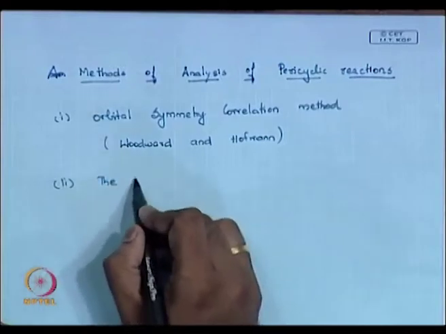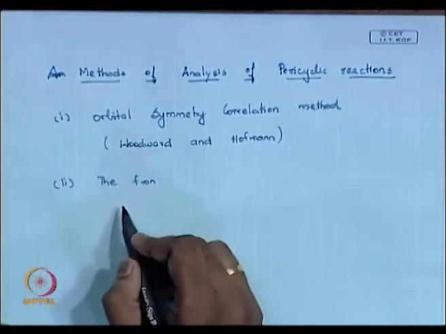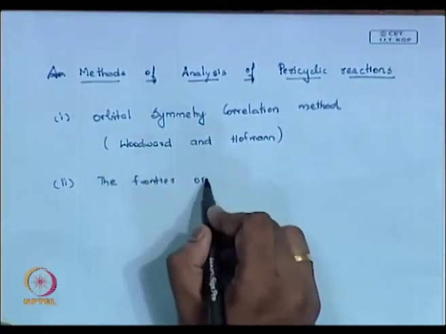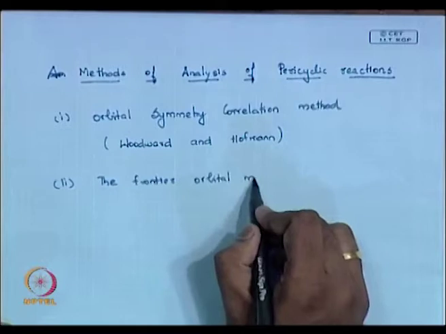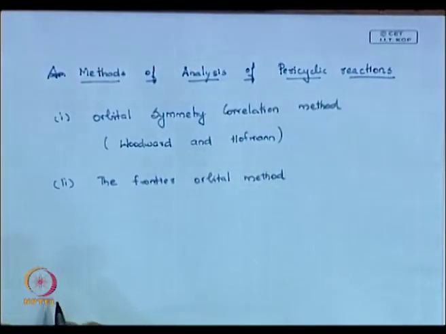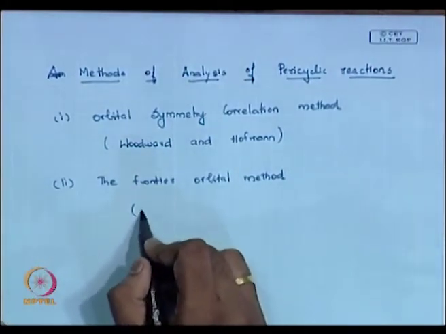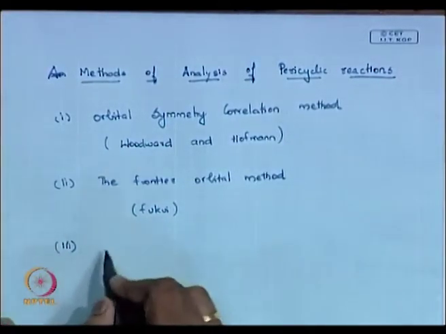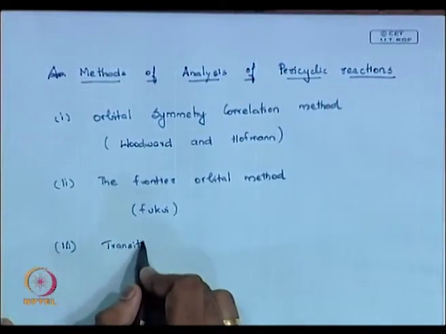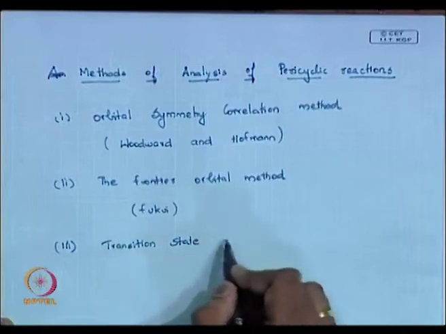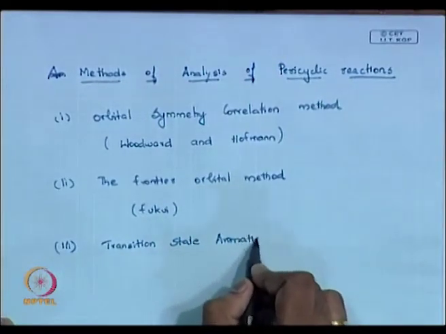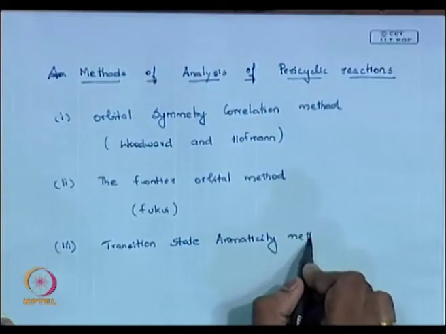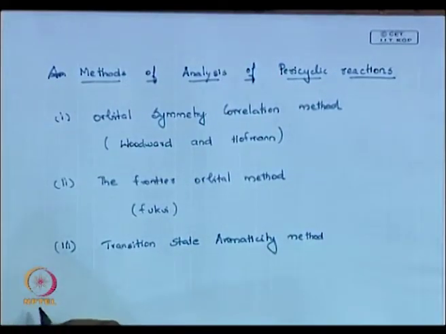Another is this frontier orbital method, right? Which is very important one. Frontier orbital FMO, which uses molecular orbital theory, done by Fukui, right? This Mobius, all this comes under this theory, transition state aromaticity method. But actually this was started by, any idea who did more major contribution on this?